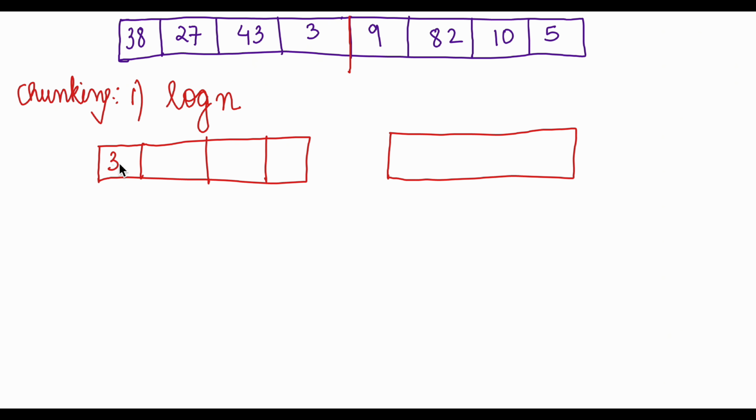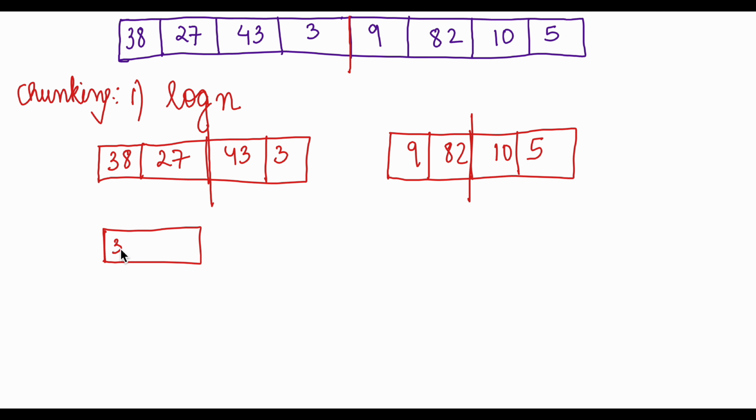So one will be 38, 27, 43 and 3, and this will be 9, 82, 10 and 5, okay. Now we will again split this particular thing. So now this will happen on this thing. So you will be left with